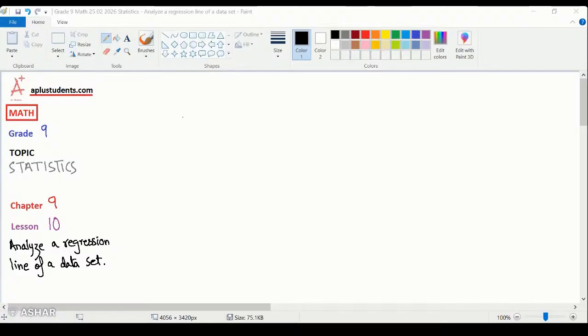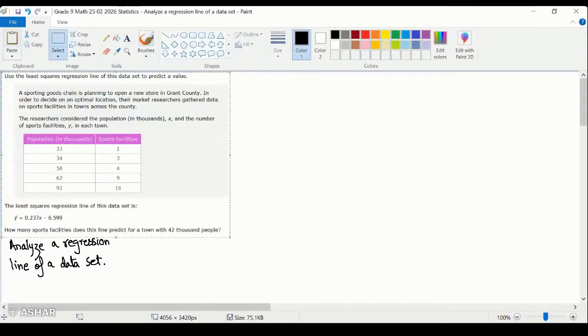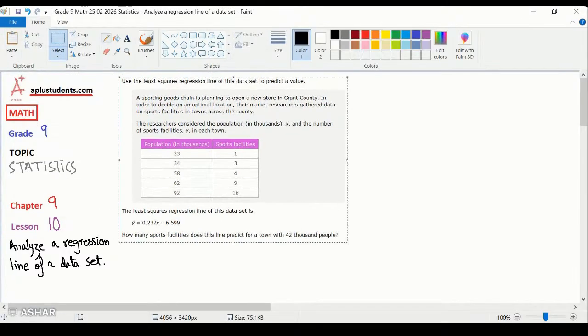And they are saying, if this information has been provided to us, we need to find the regression line such that this is the information that has been provided to us. And the question says, use the least square regression line of this data set to predict a value. A sporting goods chain is planning to open a new store in Grant County. In order to decide on an optimal location, their market research gathered the data on sports facilities in towns across the county. The data in the grid